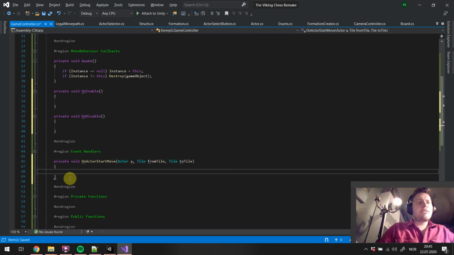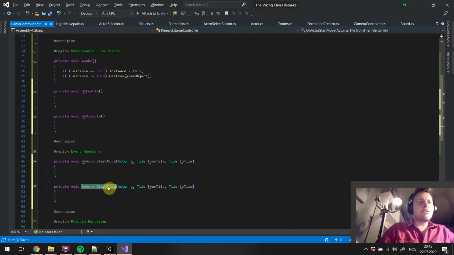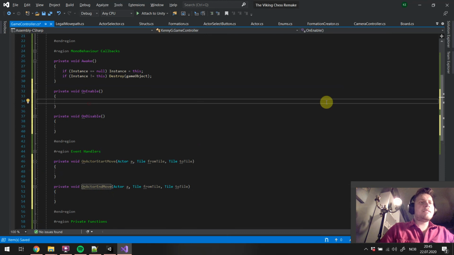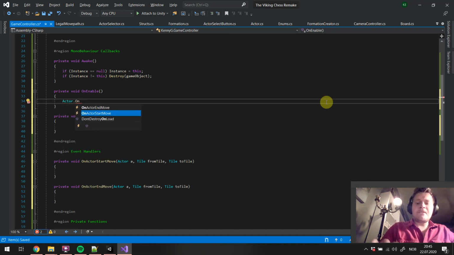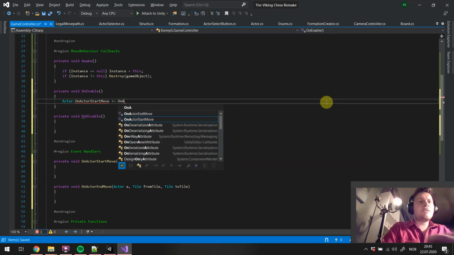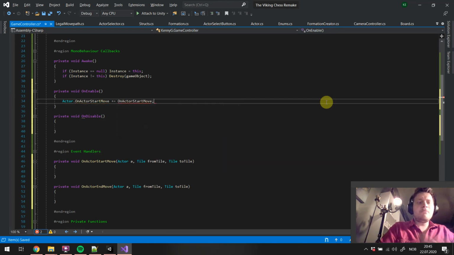We can just copy this function, OnActorEndMove, and it's the exact same thing, and then we have to listen to this. I created this as a static event, so we're going to listen to the actor class itself: Actor.OnActorStartMove plus equals OnActorStartMove. Boom. Unsubscribe always